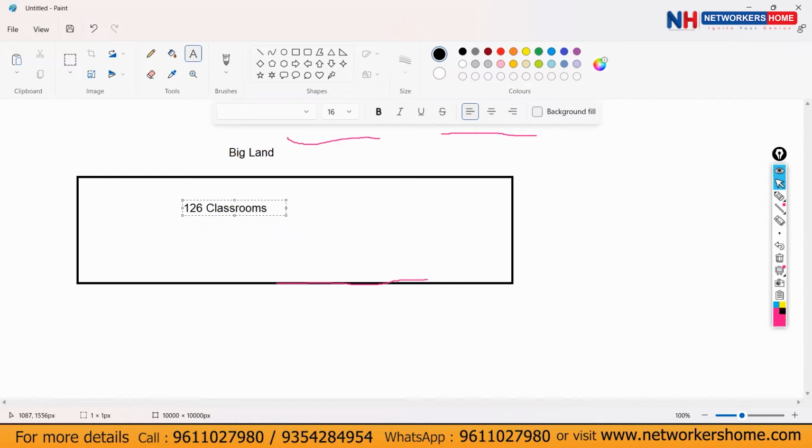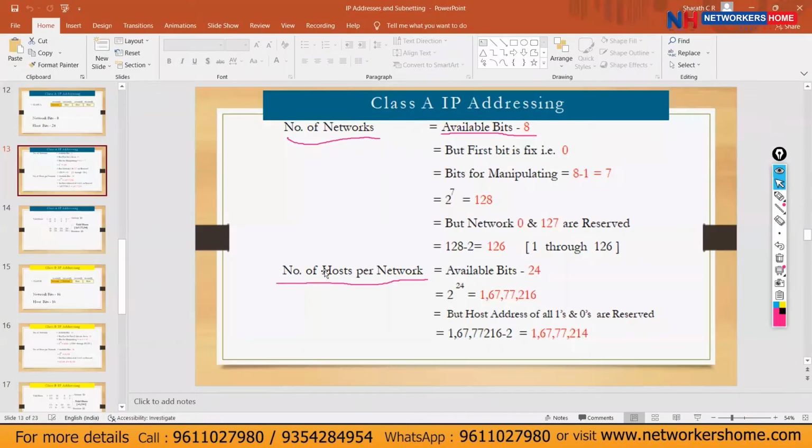Next, the number of hosts per network. So the available bits here are 24. So 2 to the power 24. We get a big value. In that, all ones and all zeros are reserved, which means there is one network IP and one broadcast IP.